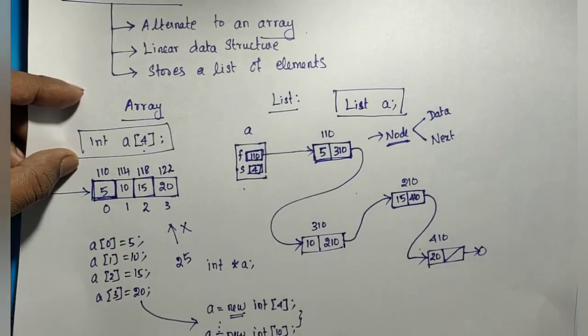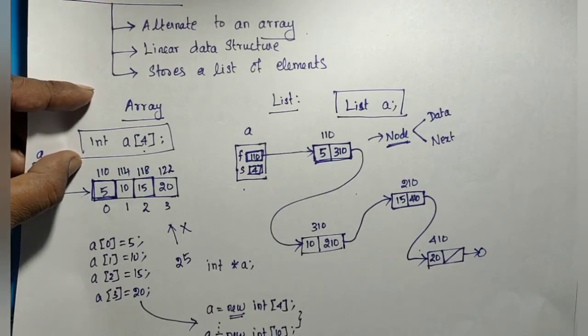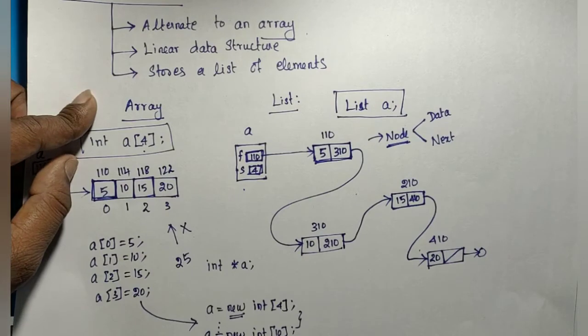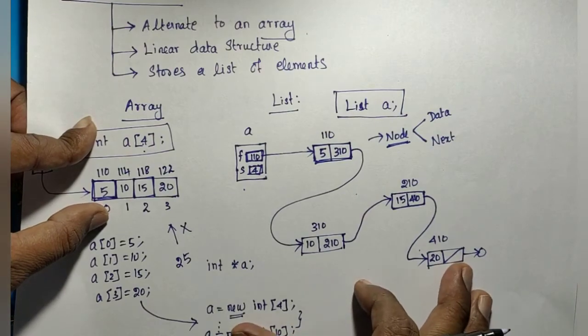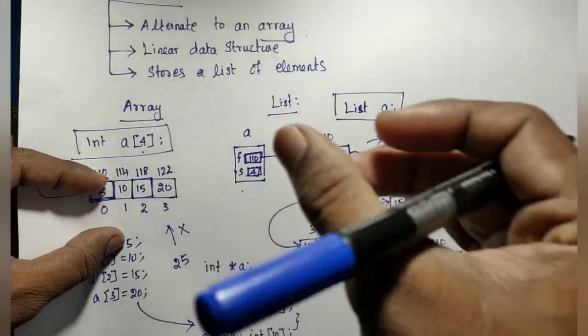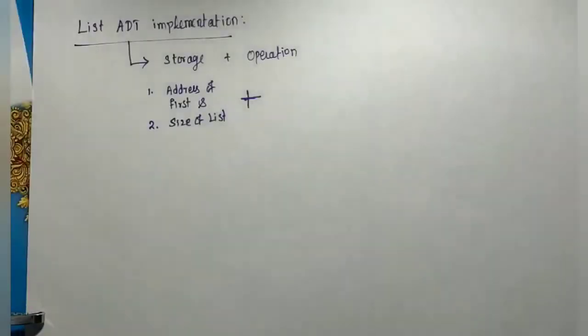So wherever you want to insert, you can insert. Whatever element you want to delete, you can delete it. But the thing is, for every operation you need to write the code. Those operations are not available built in. So I need to define a set of standard operations to be performed with the list.